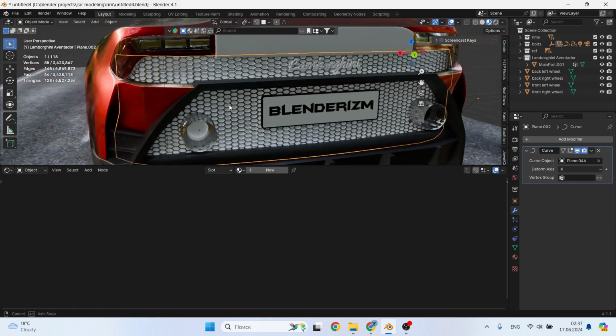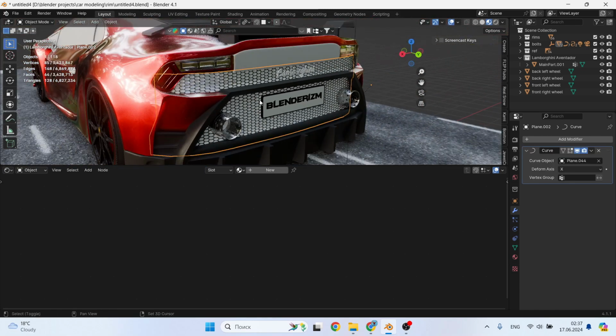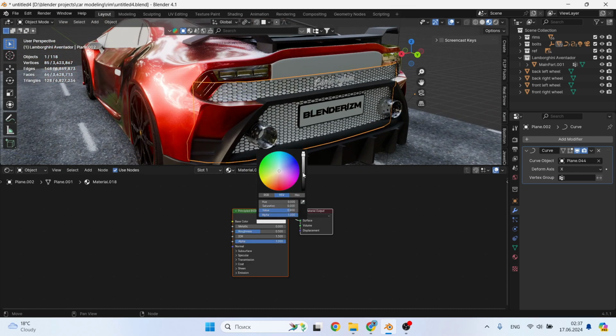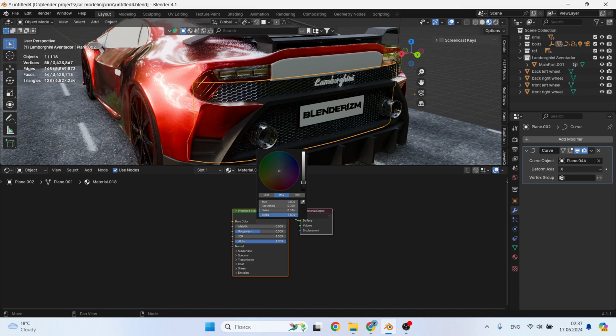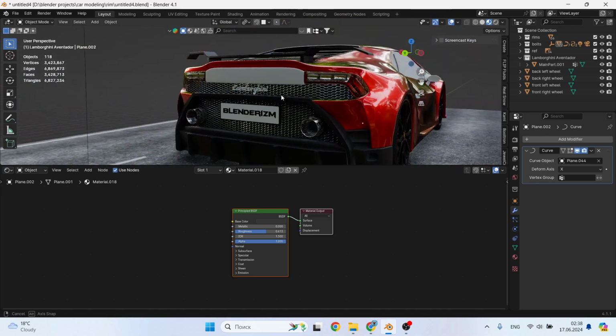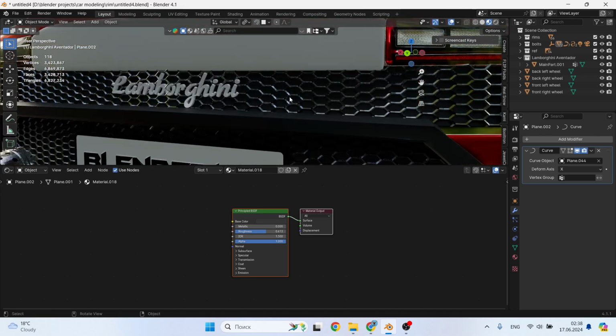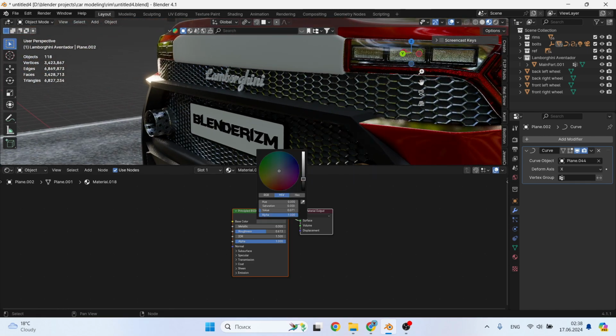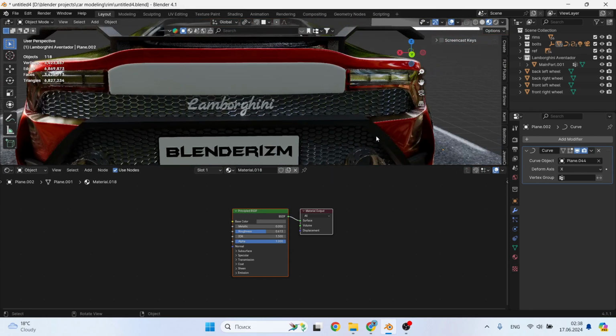So the detail behind the grill or the false panel, I don't know what to call it exactly, which is behind the grill. I'll just make it dark for now, maybe later I'll change the color of the case, we'll see what suits better. Well, everything here is simple for now. Now we can move on to the logo.